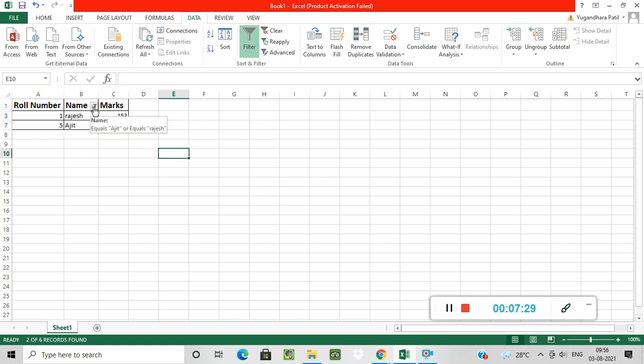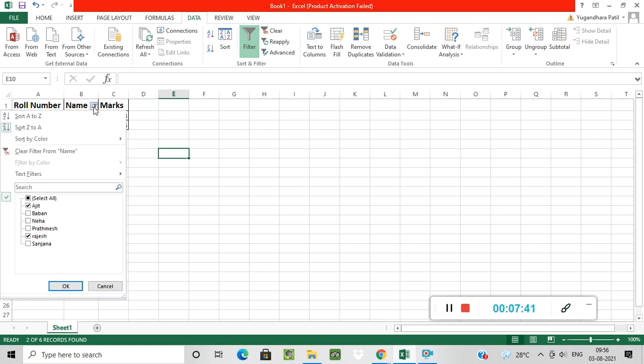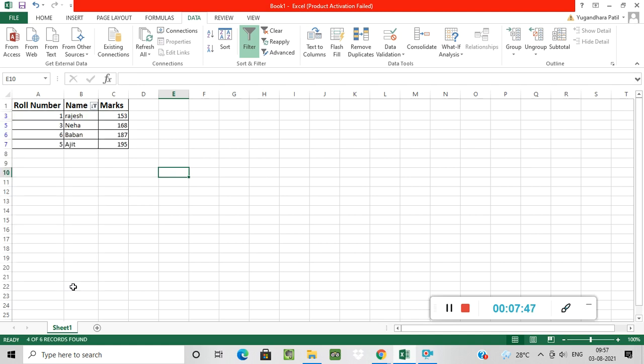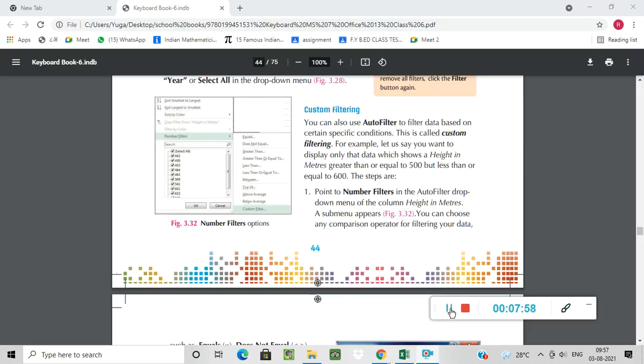From a big table you have to select only 2 to 3 names or 2 to 3 points, so you will be able to filter that, and after filtering you can see the data over here. If I want Baban and Neha, it is showing me these 4 options over here. Other names it will hide. This is the use of filter.